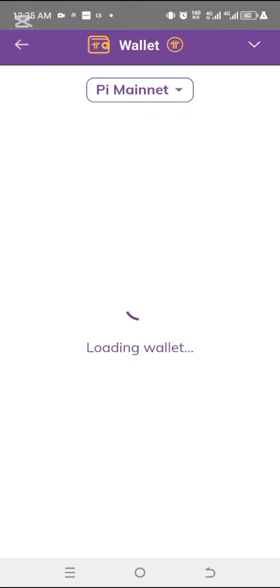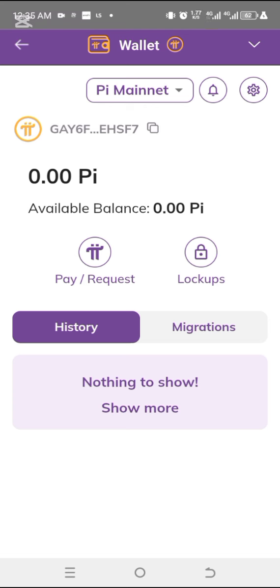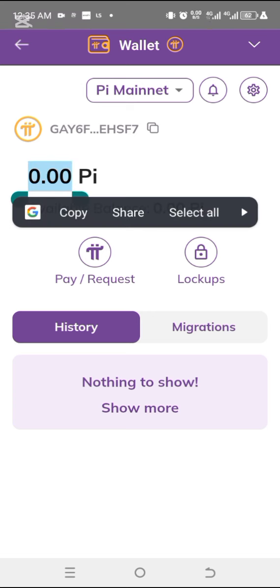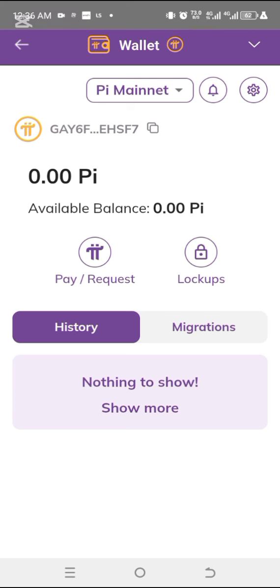So when it opens, this is your own Pi wallet, the one you have access to. All you have to do is to check the address. As you can see, it starts from G and it continues with AY6F. These are the first 5 characters, and then the last 5 characters are EHSF and then 7. So you can just keep this at the back of your mind,